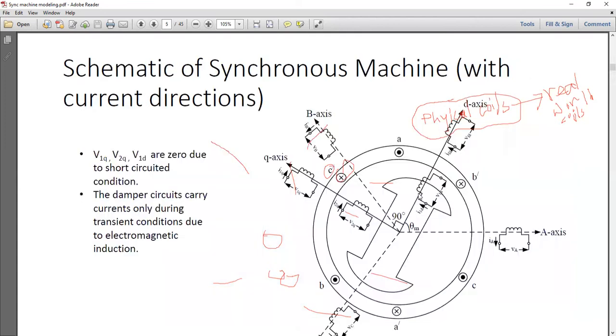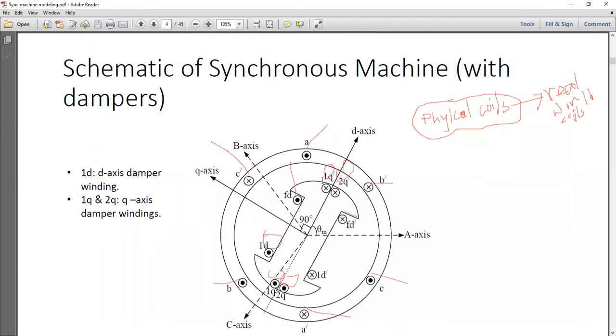But if I try to mimic what actually happens inside the machine, probably you will go for only one set of damper coils. If you try to represent one set of real world, physical coils in terms of the damper windings, you will go for only one set of damper coils. And D axis and Q axis actually come in pairs. Once there is the concept of D axis, automatically the Q axis comes there. Of course, this is for the salient pole machines.